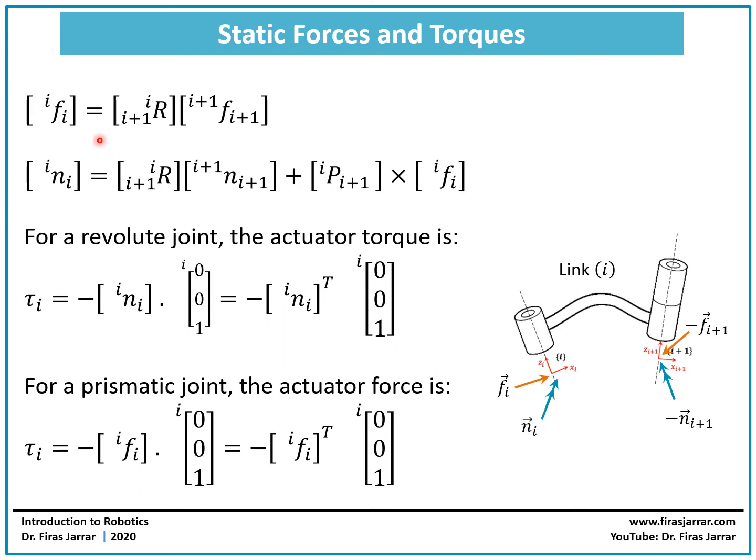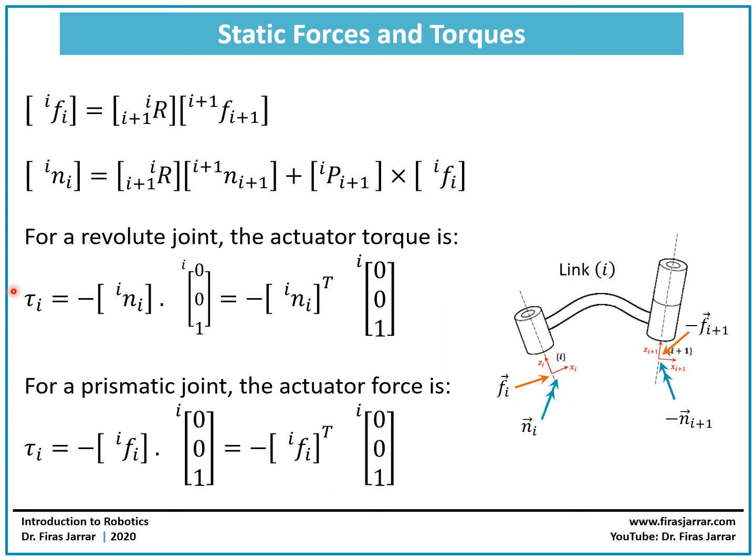But in order to keep it in static equilibrium, the torque attached to this joint should be able to exert a torque equal to the moment acting at the joint itself, but opposite in magnitude. So this is why we have a negative sign here, and this is the